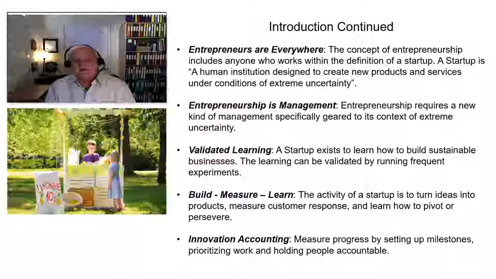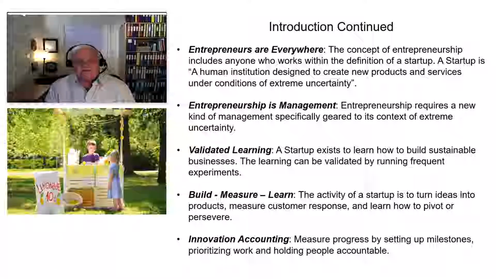And that validated learning, that startup exists, remember, to learn how to build sustainable businesses. And a sustainable business is one that can continue to grow, that can continue to evolve, can put together new products, can move into new markets. And then the philosophy of build, measure, and learn. This is an activity that's almost, I'll call it, tuned for continuous process improvement. It really is a lean philosophy that he's identified and designed here. And it gives you the ability to make those course corrections off of an experiment, moving in, I'll call it, a positive direction, a continuous process improvement philosophy.